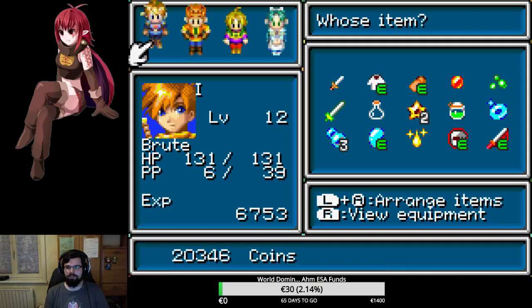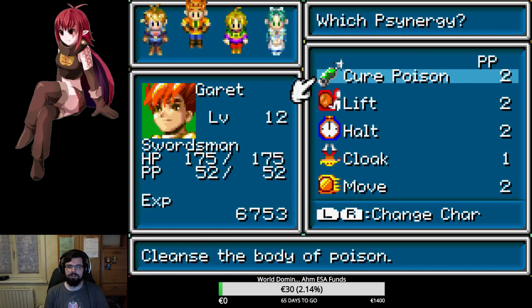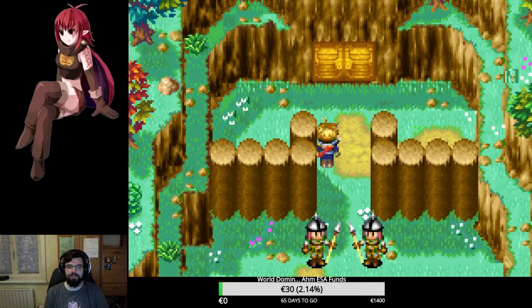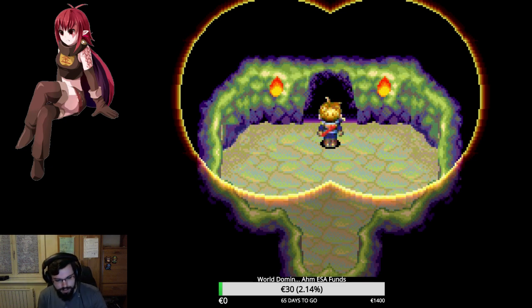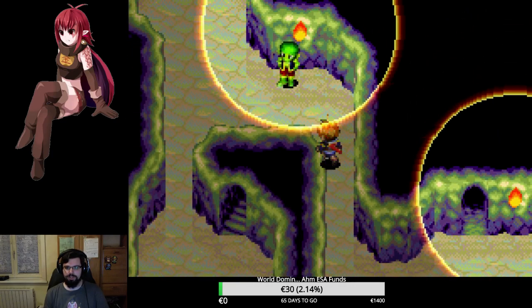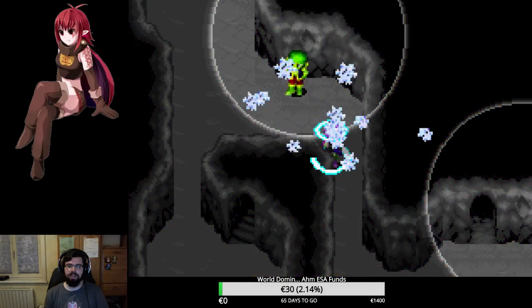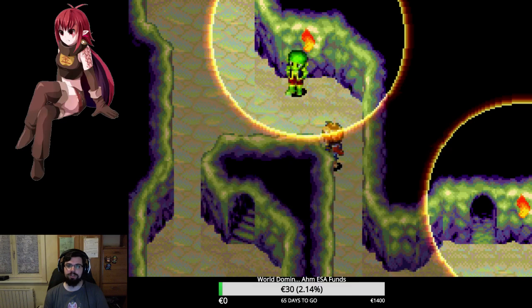Oh, damn it, I forgot to equip the cloak ball. Use cloak to sneak past those guards. And I'm gonna make another save state right here. Go close to this corner right here. Cast Frost to go below 6 PP again. Use Retreat. Save. And